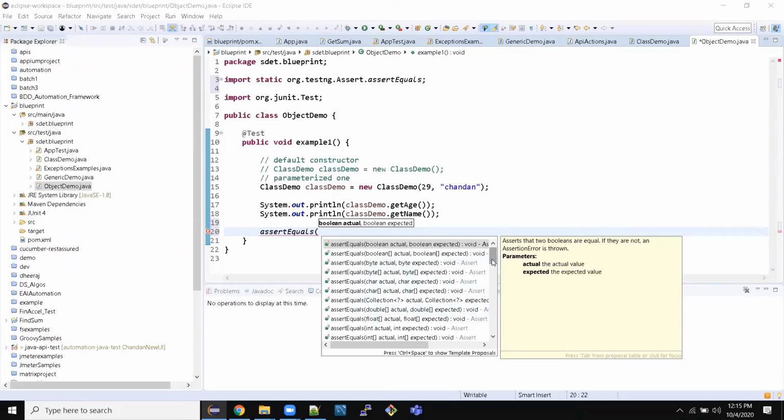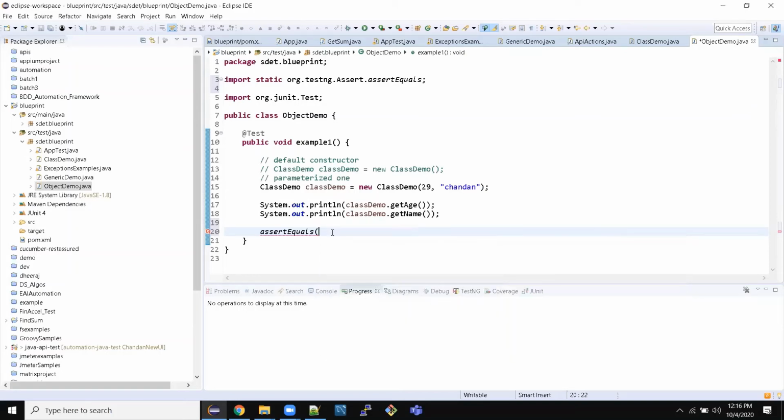Okay. So you could have polymorphism based on number of parameters, based on data types. Here you could see polymorphism is by data type: some string, some short, some integer, and then number also. Boolean, string, three parameters. So assert equals is one of the good examples, but in your code in test automation